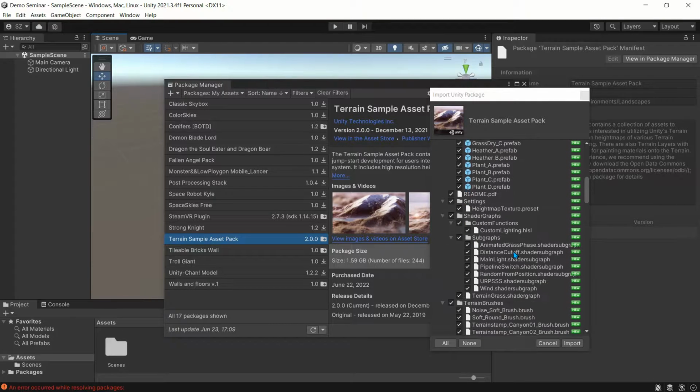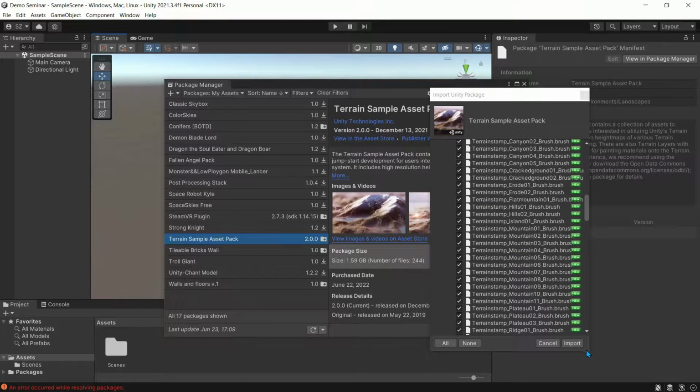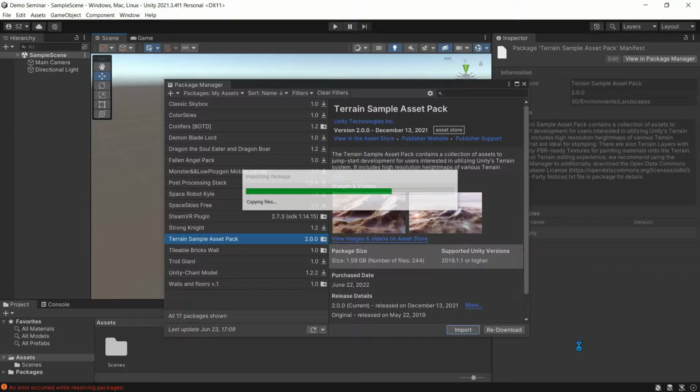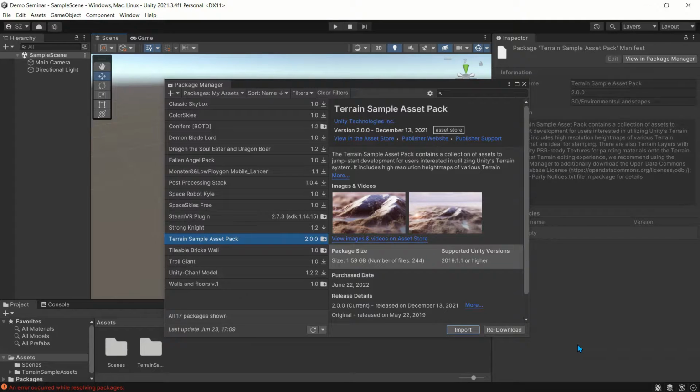For me, I will just choose everything here and click import. Now that I finished importing the asset pack,